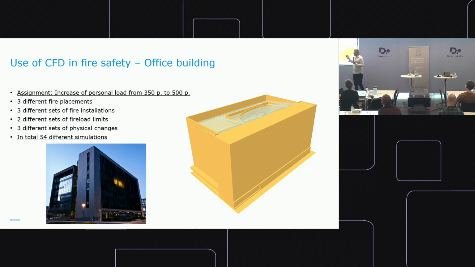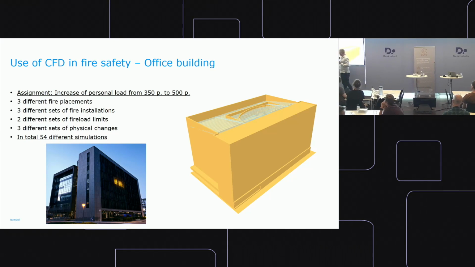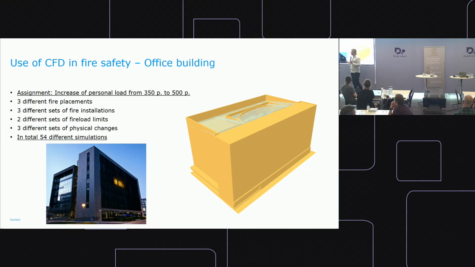With HPC LUMI, we could set up different placements of fire, and look at whether there are any other risks in this building that we need to consider, on an office floor or on the atrium floor. Can we not just use sprinklers? Can we use fire ventilation instead? That's generally a little bit cheaper. Can we have a mixture of them? Can we see whether we can allow a Christmas tree?